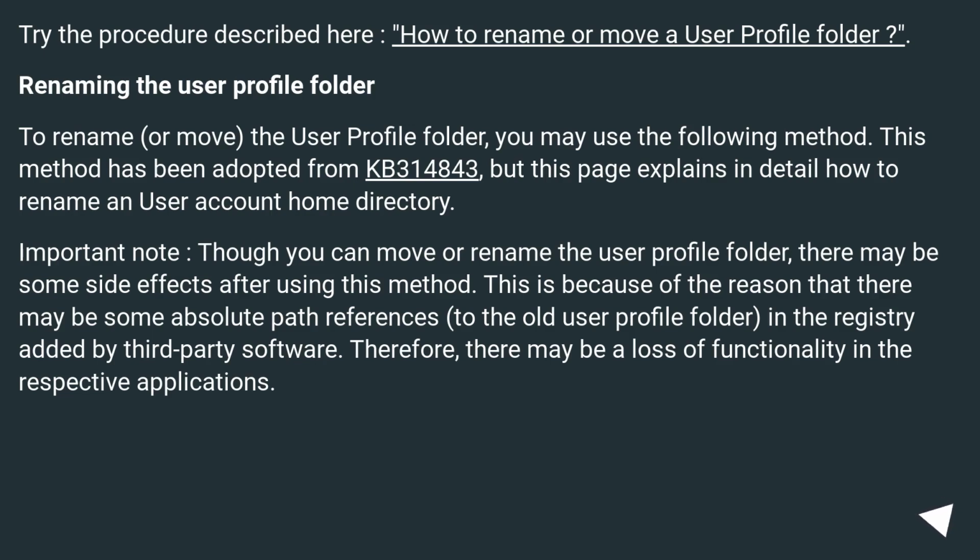Try the procedure described here, how to rename or move a user profile folder. Renaming the user profile folder. To rename, or move, the user profile folder, you may use the following method. This method has been adopted from KB 314843, but this page explains in detail how to rename the user account home directory. Important note: though you can move or rename the user profile folder, there may be some side effects